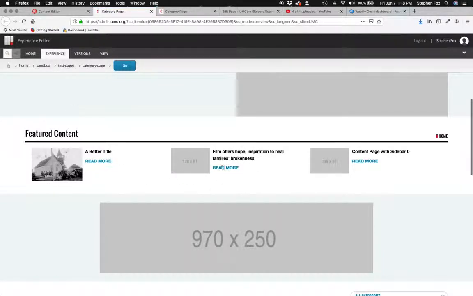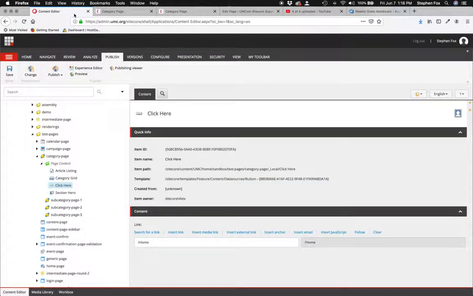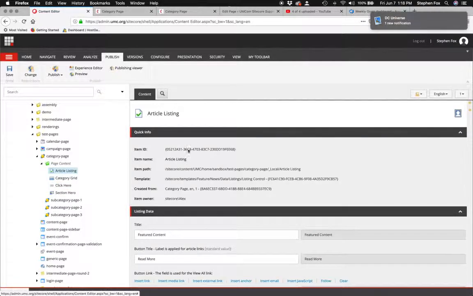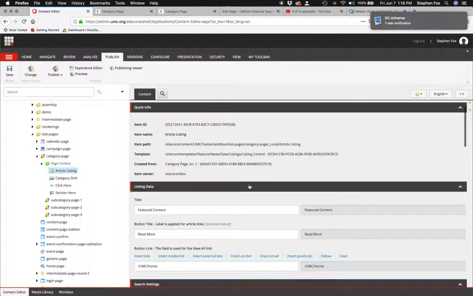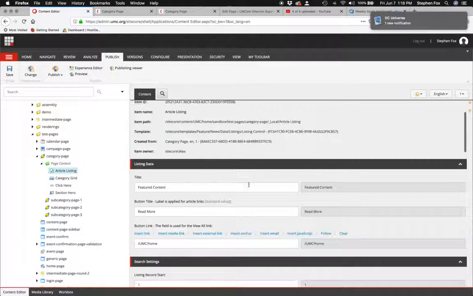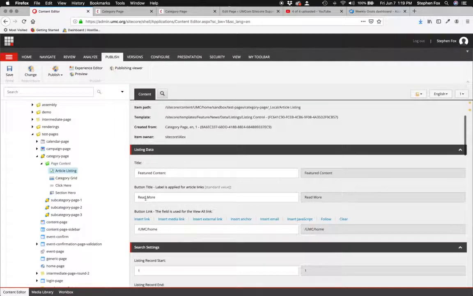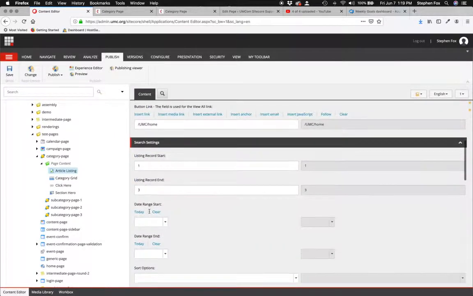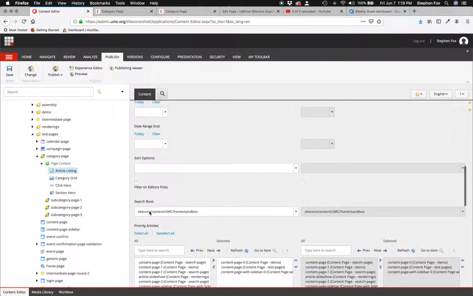Article listing component. If we go back over to the content editor, this particular article listing is nested on a category page. That's the page template that this component was created for. So if we navigate to this article listing here, you'll see a couple of quick pieces. It's a title, button link, and then the search settings, which, again, is going to be very similar to